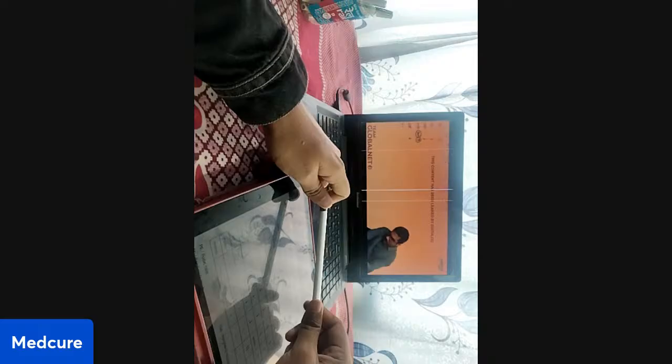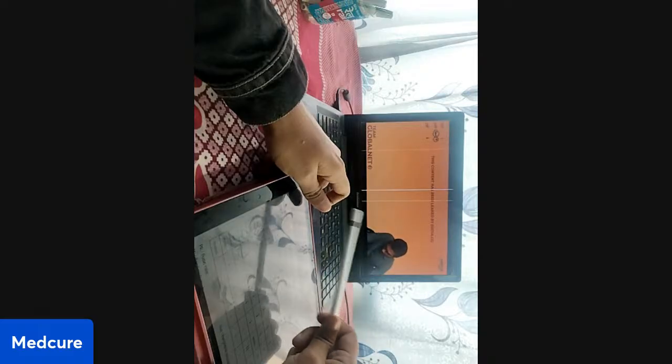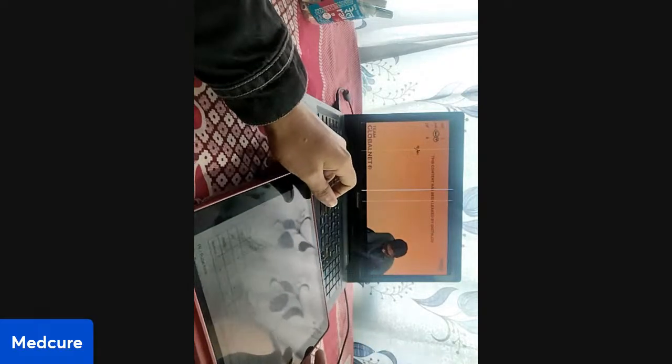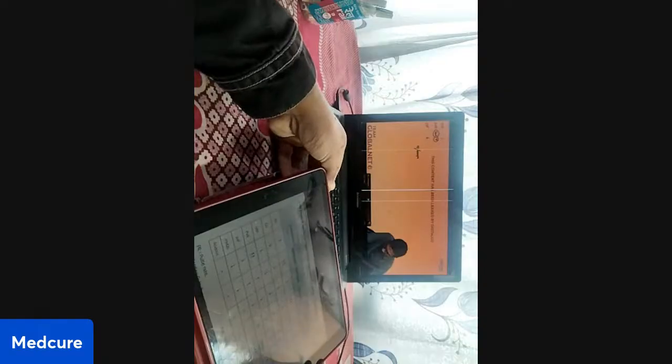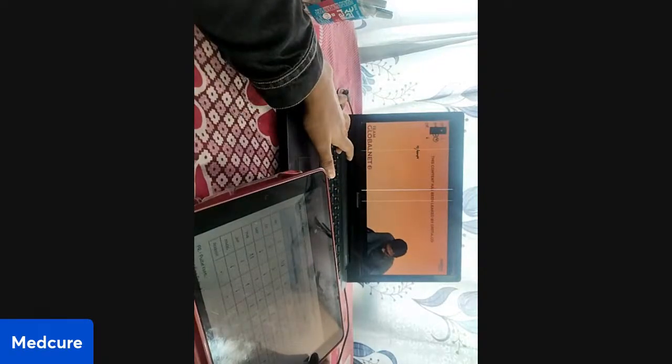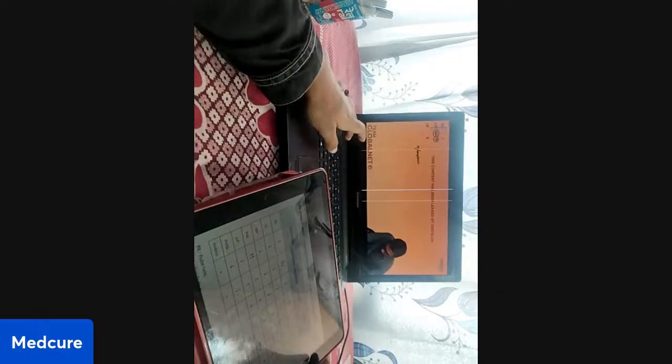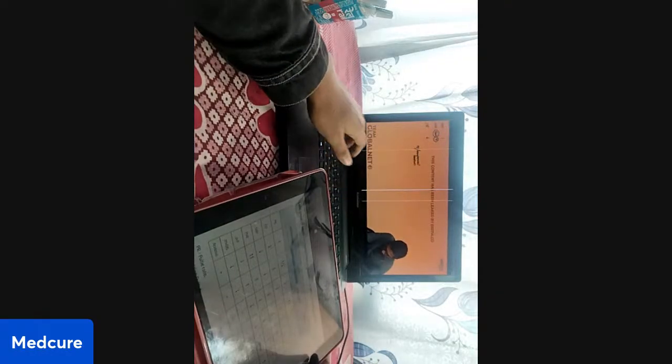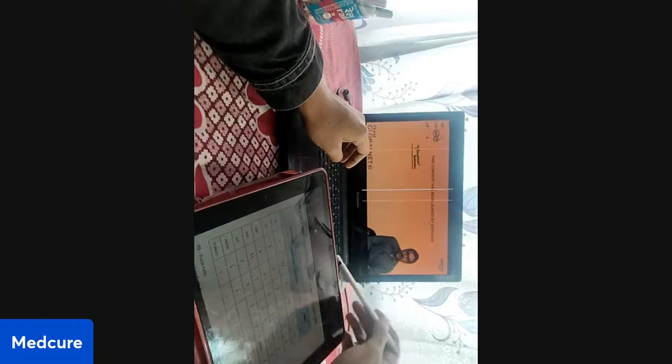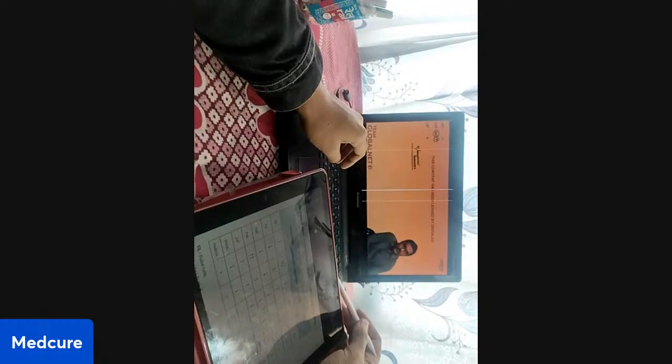Cardiogenic shock, there can be multiple causes of cardiogenic shock. You can have myocardial infarction, you can have arrhythmia, you can have tamponade. There can be various causes of cardiogenic shock. We can consider anyone. Let's consider a patient who's had a myocardial